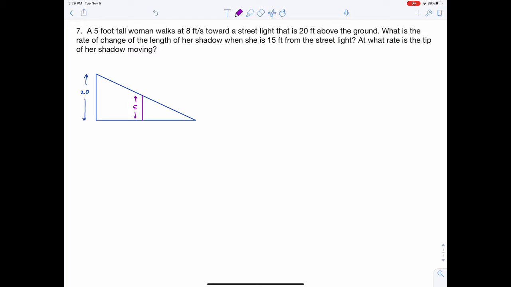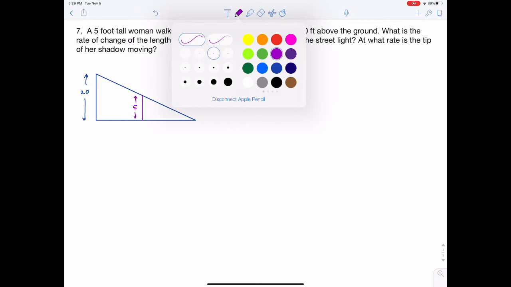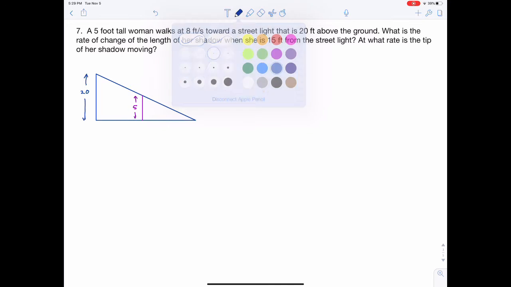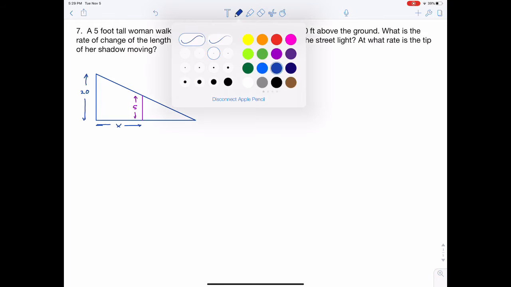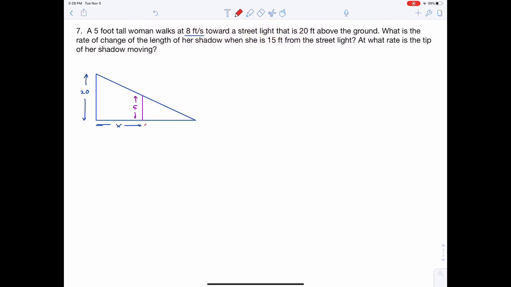Okay? And she is walking towards the street light at a rate of 8 feet per second. So I'm going to call the distance that the woman is from the street light, this distance right here, X. I'm going to call the length of the woman's shadow, which I'll do in a different color, I'm going to call that